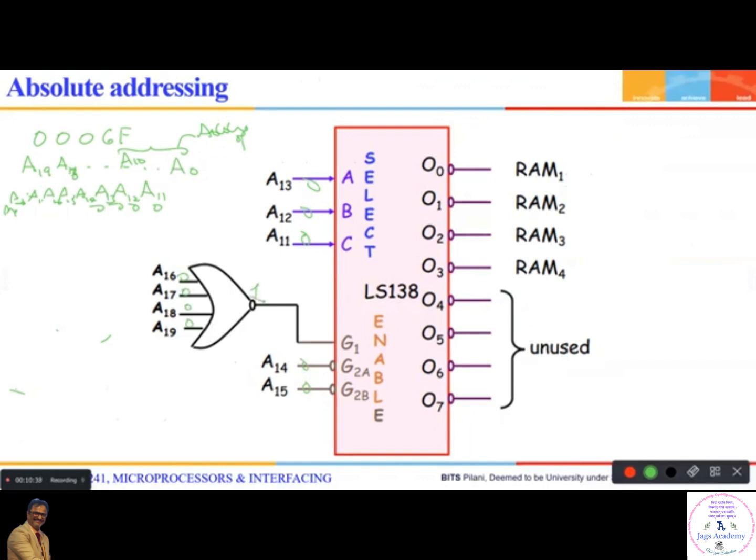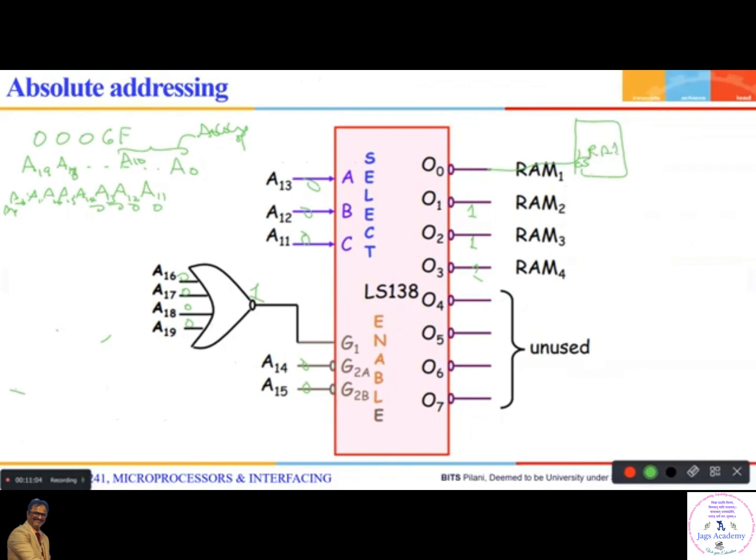So this particular decoder logic is enabled. Now, because of 0, 0, 0 here, which particular output will go low? RAM 1 will go 0. So all the others will be 1, 1, 1, 1. This is my RAM 1 chip select bar,